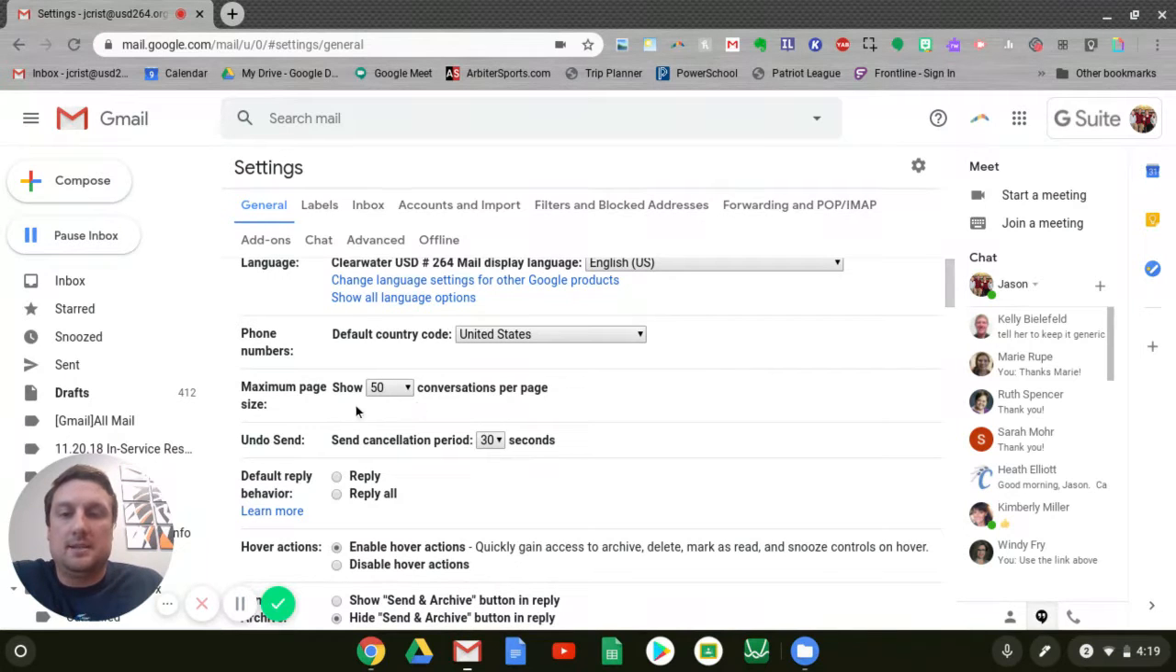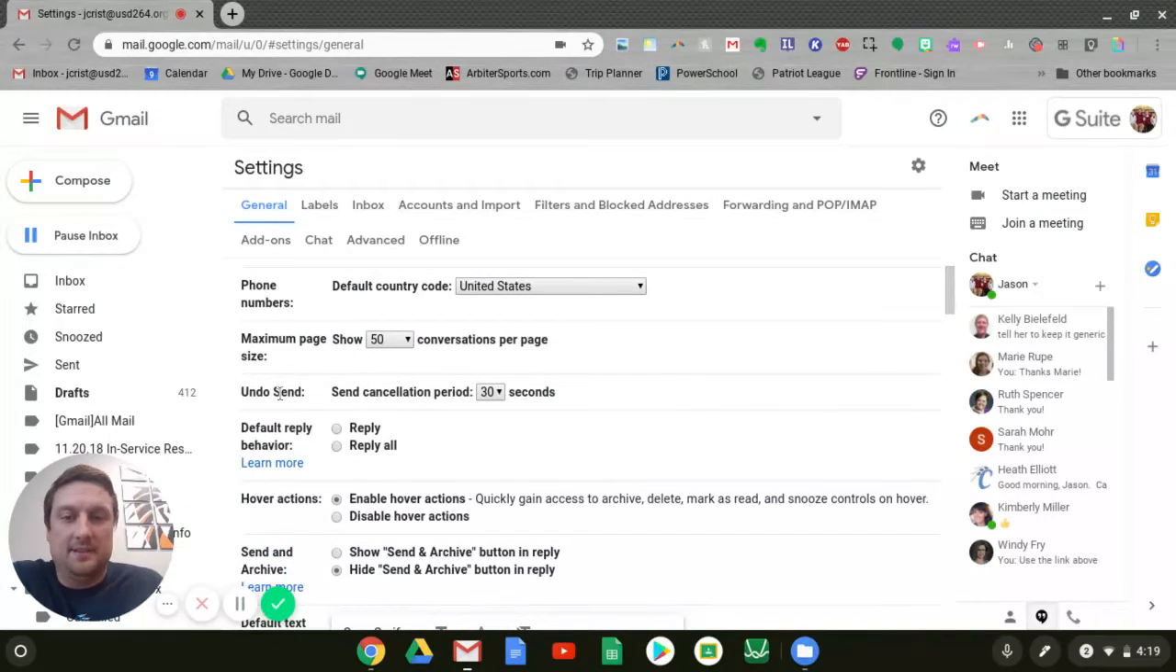The first one is the undo send button. This is a lifesaver for me. The default setting, I believe, is 5 seconds. I have changed mine to 30 seconds, which gives me the maximum amount of time to go, oops, I didn't mean to send that, or if I change my mind. And the way that works is when I compose an email,